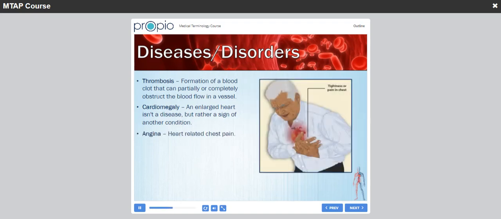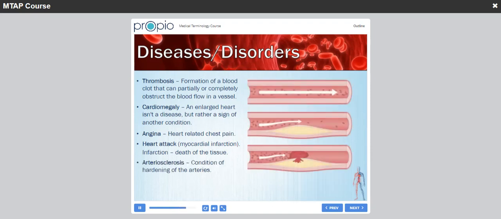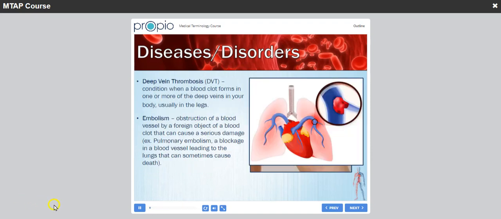Arteriosclerosis is a condition of hardening of the arteries. Deep vein thrombosis, DVT. It's a condition when a blood clot forms in one or more of the deep veins in your body, usually in the legs. Embolism. It is an obstruction of a blood vessel by a foreign object or blood clot that can cause a serious damage. For example, pulmonary